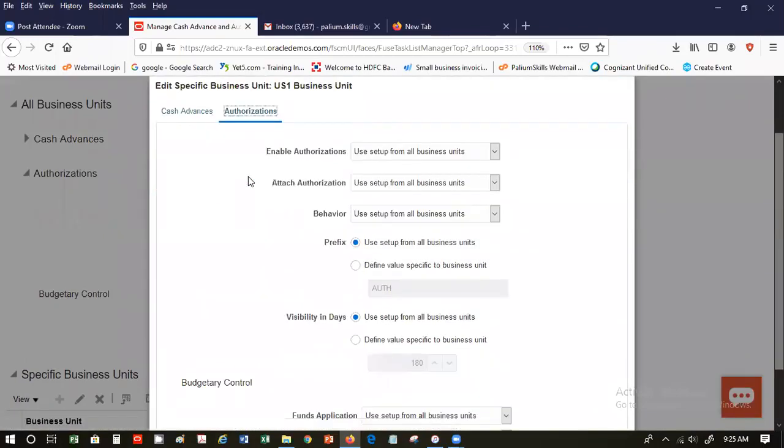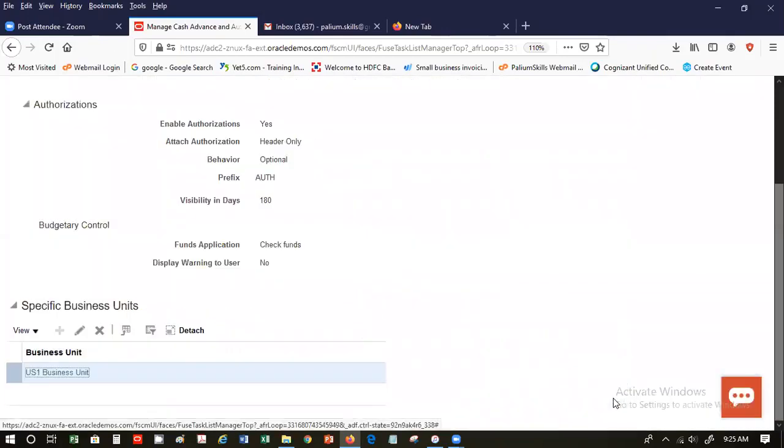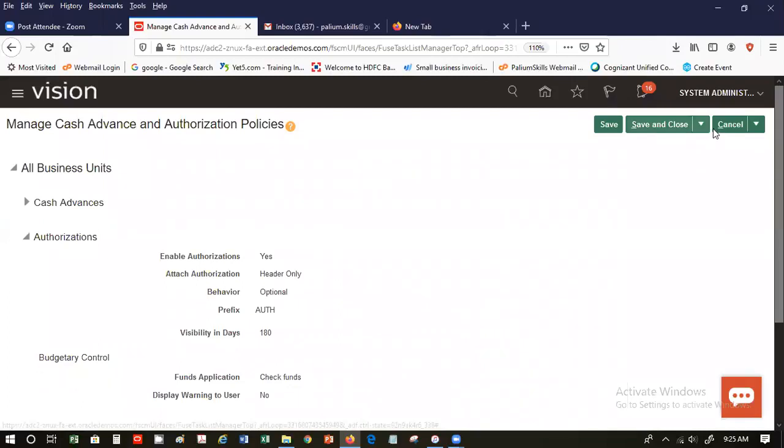Authorizations, enable authorizations, attach authorizations. Okay. And once this is done,